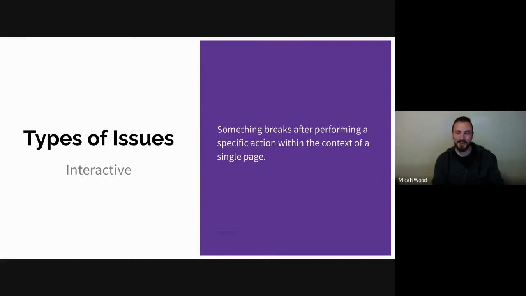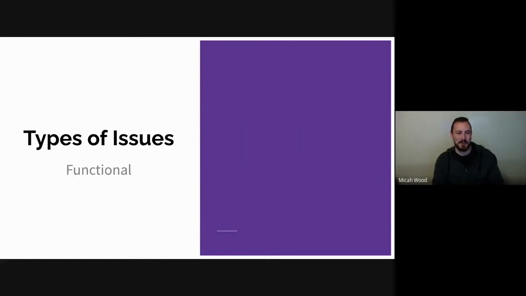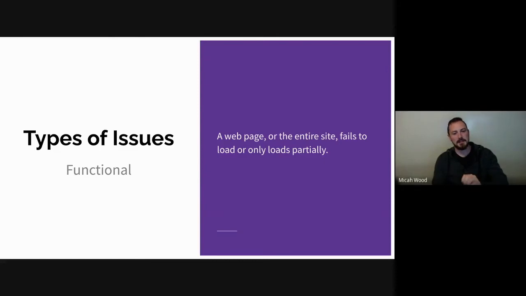And then we would take a look at functional issues. So functional issues are basically when you first load up a page, or it could be something that affects the entire site, or it could be isolated to a particular page or even part of a page. One of the things that I'll often look for to see if we have a functional issue is, if I load up a page, for example, I'll look to see if the footer is loading, right?